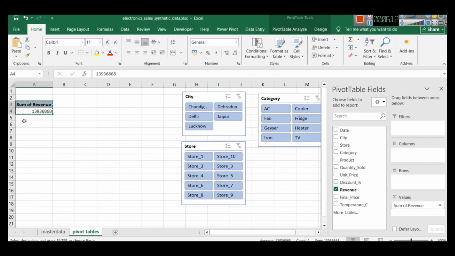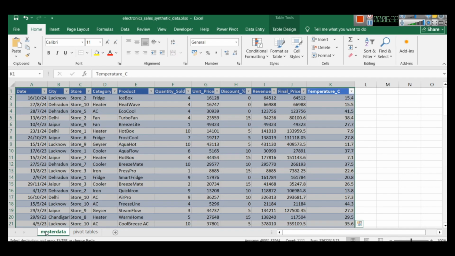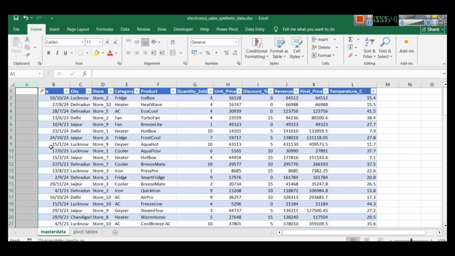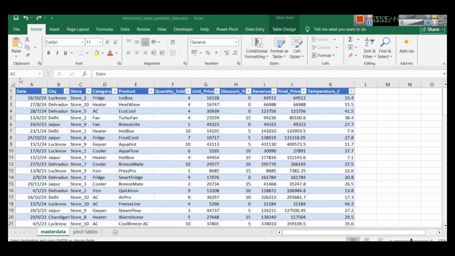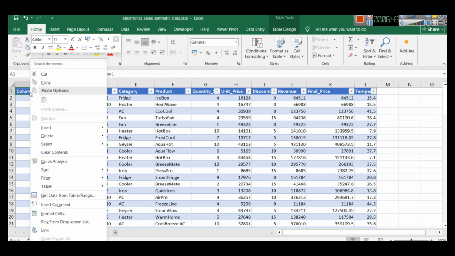This is sum of revenue. I will paste this, and here instead of revenue I will select, and here you can see we don't have anything, right? We don't have any column like sales ID or something like that. So in Excel we can easily create that in our master data. I am just trying. So after clicking on this table I am inserting a column here. Okay, and actually I have to select this, then I have to insert that. Insert column to left, and I am going to call this column